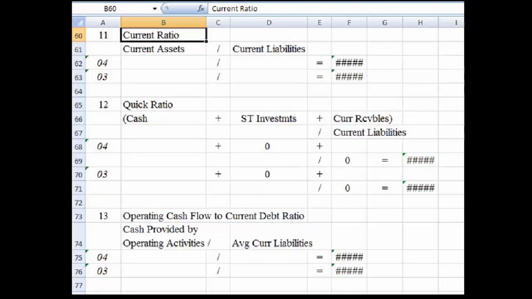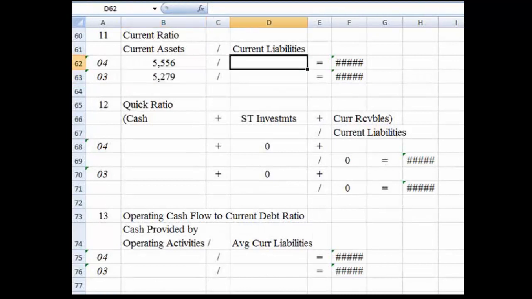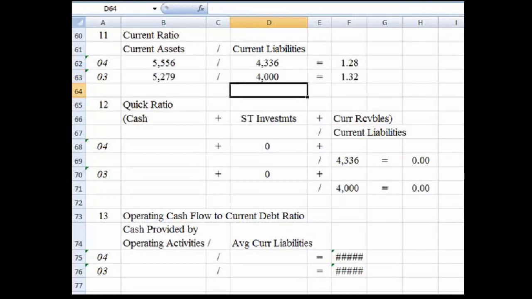The current ratio divides the current assets by the current liabilities and gives an indication of the results if the company closed down and had to use its current assets to pay all its current liabilities. In the cells under current assets, the numbers on the third line down on page F497 are entered. The top cell gets $5,556 and the one below it gets $5,279. The current liabilities are 6 more lines down on the same page and are $4,336 and $4,000 respectively. The results of 1.28 and 1.32 show that the company could liquidate all its current assets and pay all its